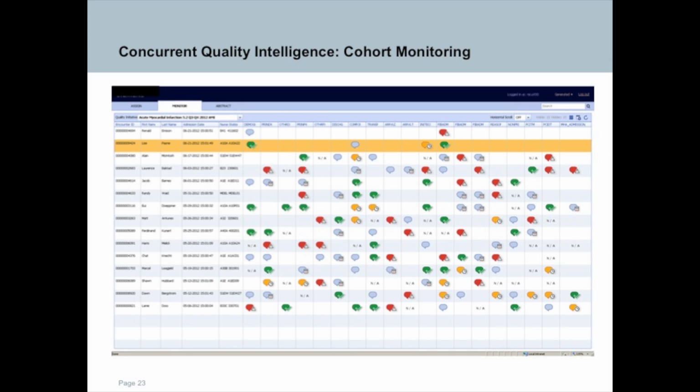So this is what we call concurrent clinical quality. These are people in the hospital right now. Each row represents a patient. All of these patients are in the hospital because of a heart attack. That's fundamentally why they're here. Each of the columns represents a step in the plan. This is the plan, okay? So each column says this should happen, this should happen, this should happen, sometimes in sequence, sometimes in documentation. These particular steps are linked to the value-based purchasing program that Medicare runs.